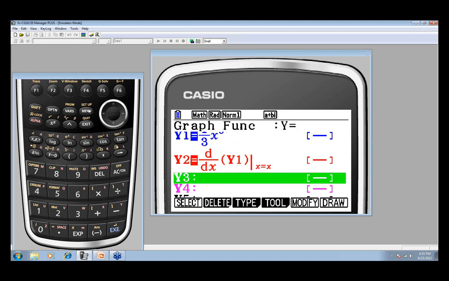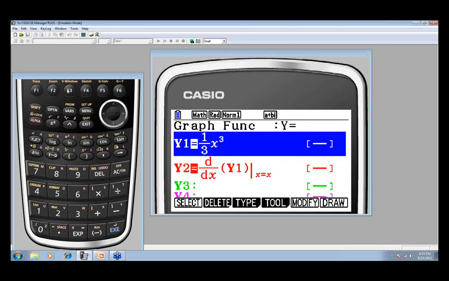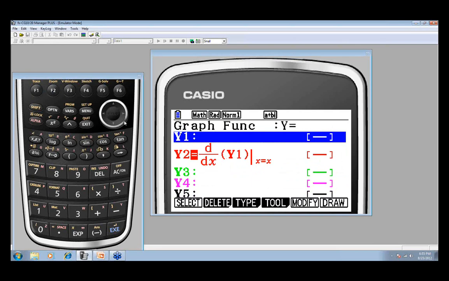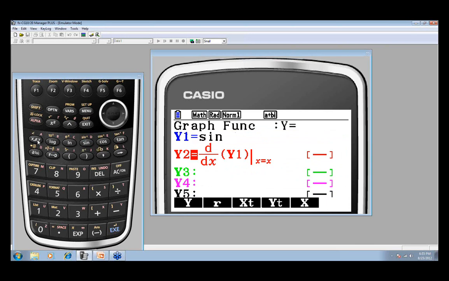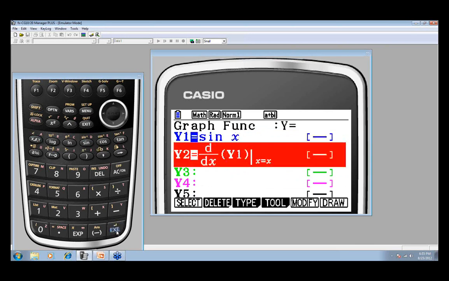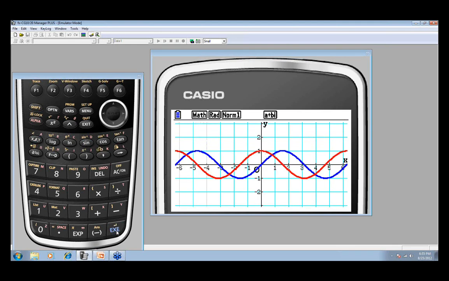Okay, we've looked at some polynomial type functions. Now let's look at some functions that are a little more complicated. The next one we're going to investigate is the sine of x. When we graph the sine of x and its derivative, you see something real familiar come up. The graph of blue is my sine of x, and if you look at the derivative graph of the sine of x, it appears to be the cosine of x.